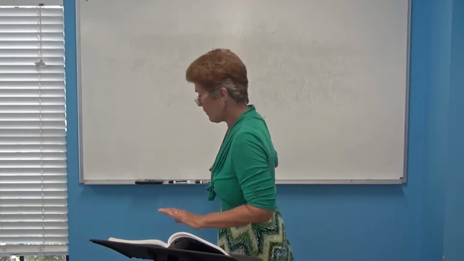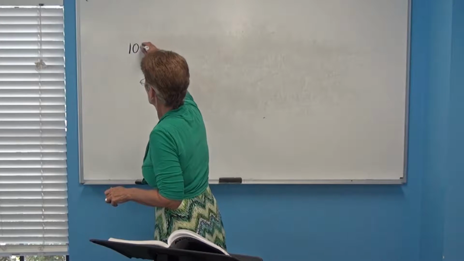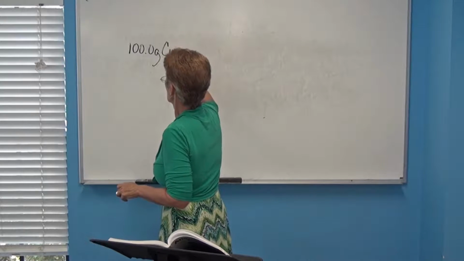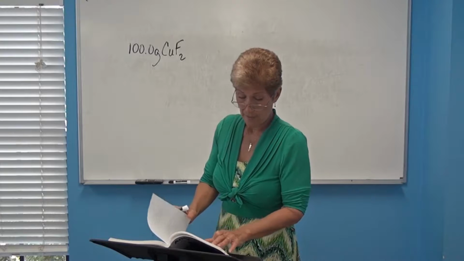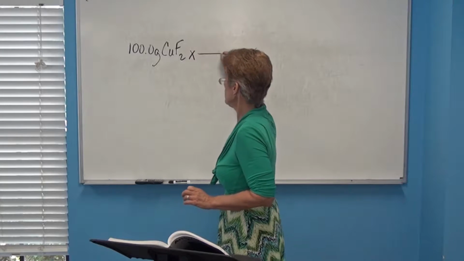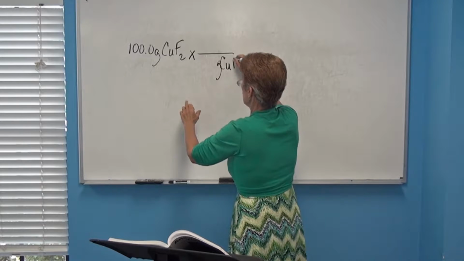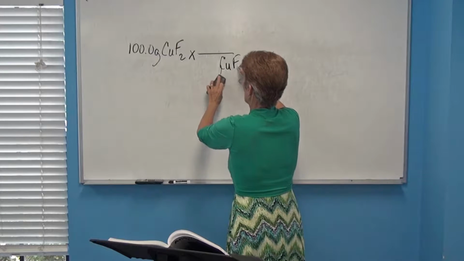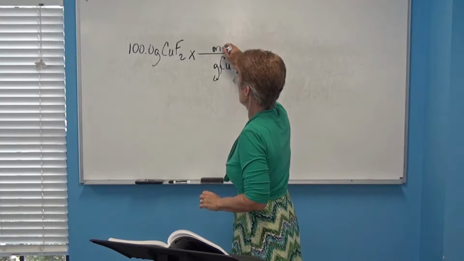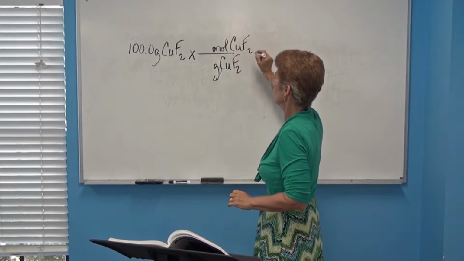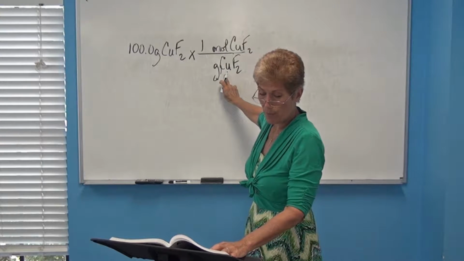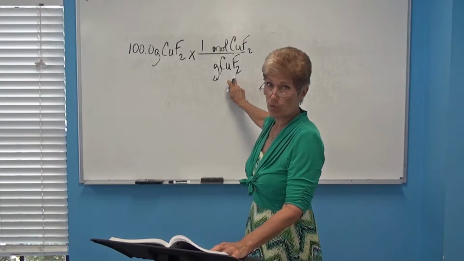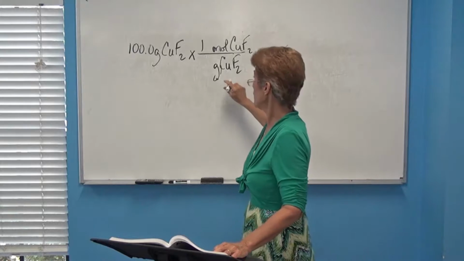Number 3, how many moles are found in 100 grams of copper fluoride? So we have a 100 gram sample of copper fluoride. And our question was, how many moles is in that? So we're going to go times 1 mole over grams of copper fluoride, and we want to know the moles of copper fluoride. So in every 1 mole, you add up 1 copper plus 2 times the iron, and that gives you